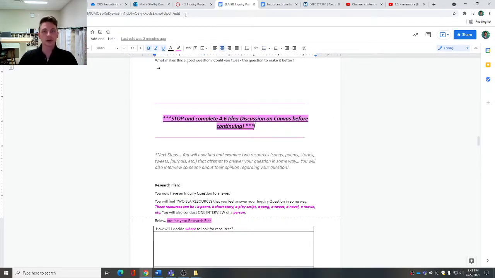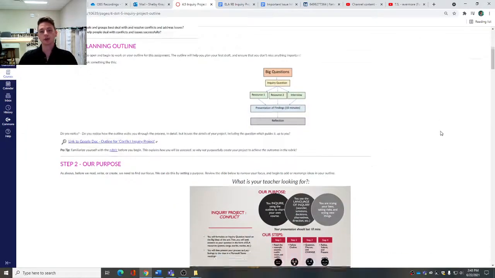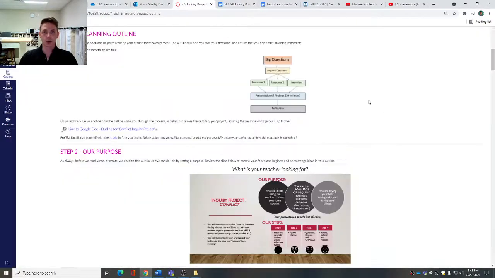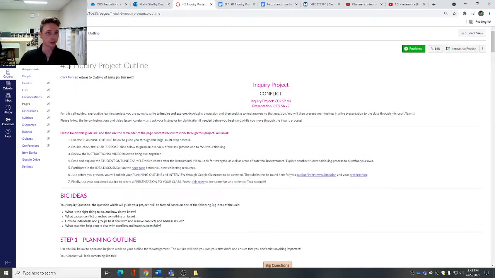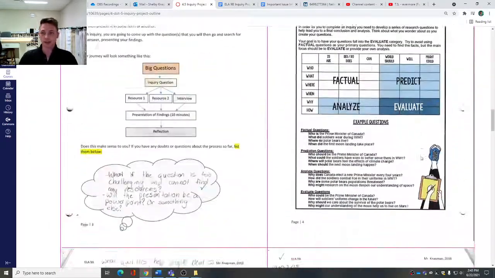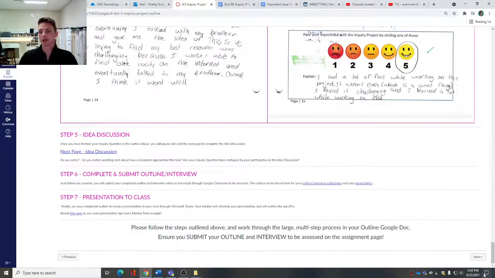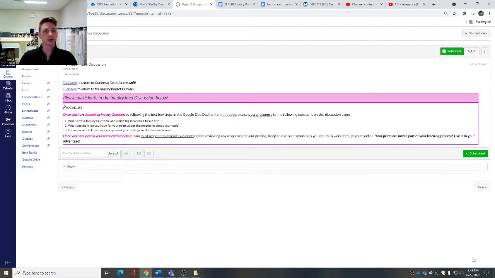So follow the directions on here, grade 9, and you will be successful here. Okay, so it said go back and do 4.6 idea discussion. Well, this is 4.5. So I'm going to leave this for a second. We'll come back and look at this example. I'm going to leave this, go to the next page